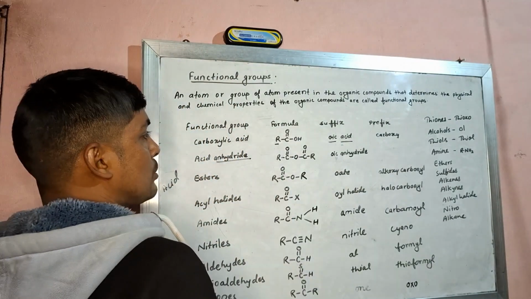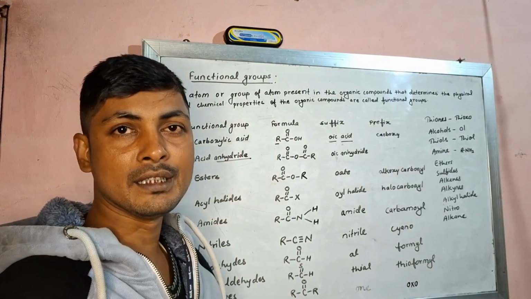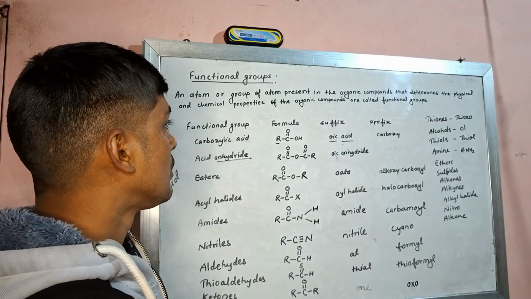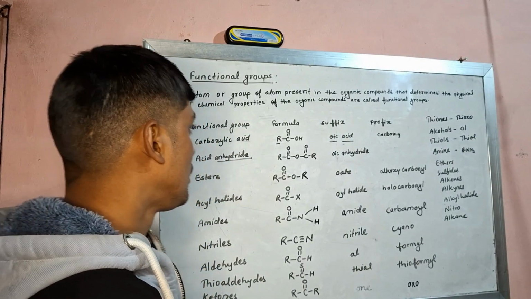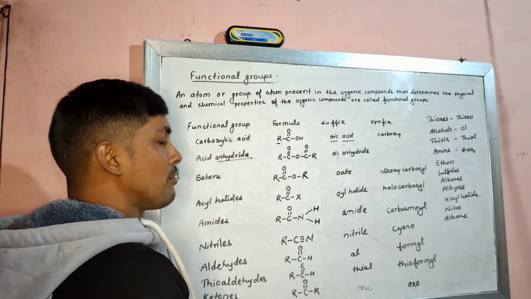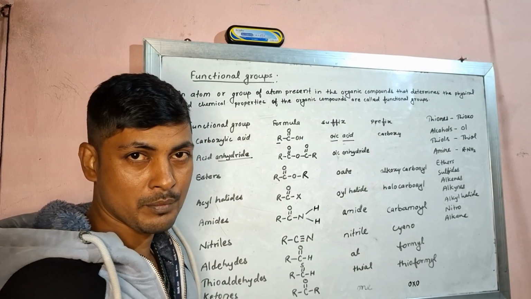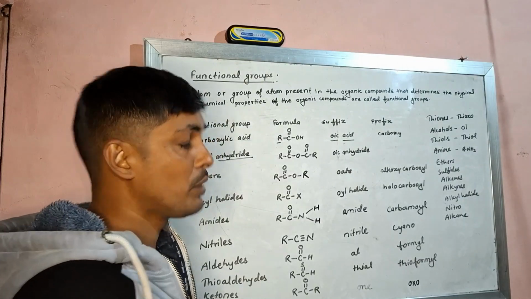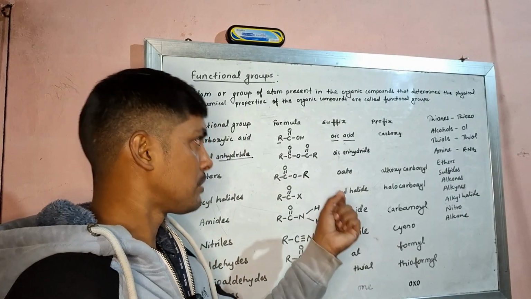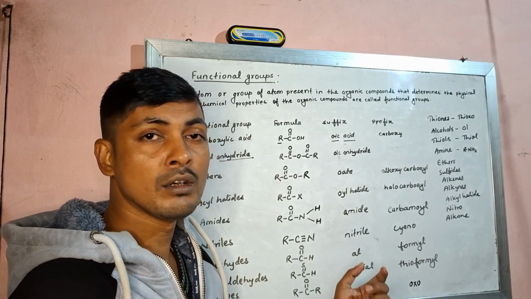Here many functional groups are found in organic compounds. So to identify every functional group, we have to know the formula of that functional group. And then only will we be able to decide whether we have to use a prefix or suffix for that